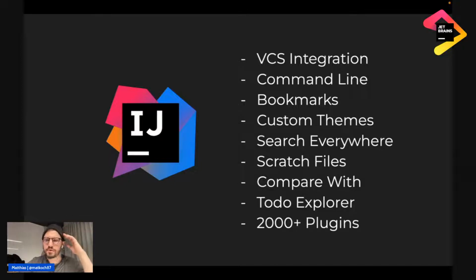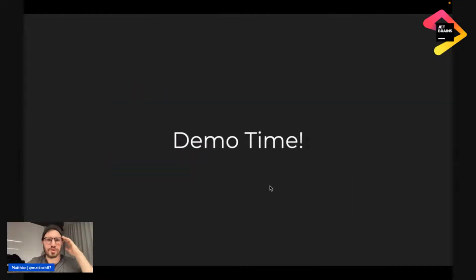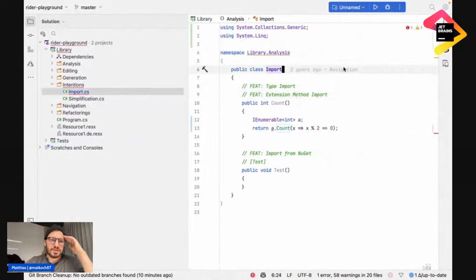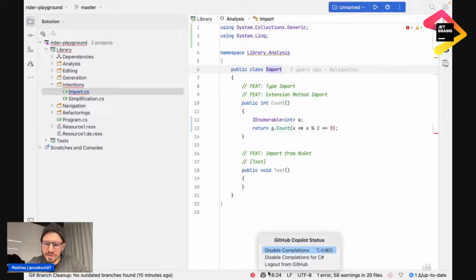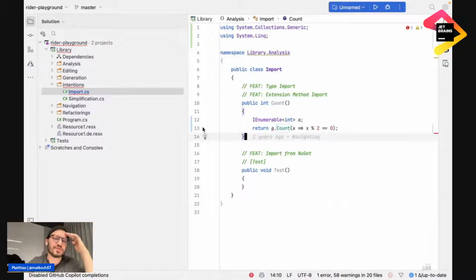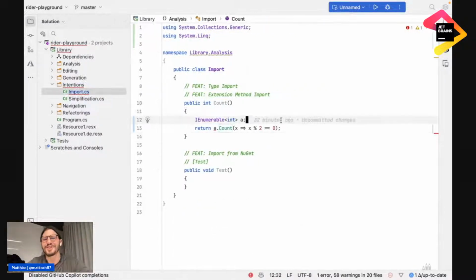Okay, and I think that's demo time. So this is Rider. Maybe for some of you, and I see I forgot disabling Copilot, because this is always a bit annoying if I show features, like in this case. But this is Rider, and maybe this looks already not so familiar for some people who already use it, and that is because